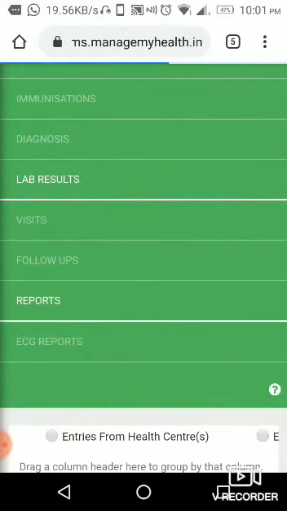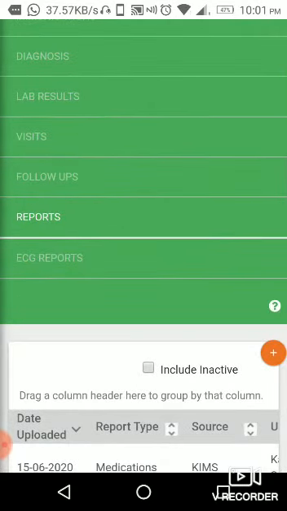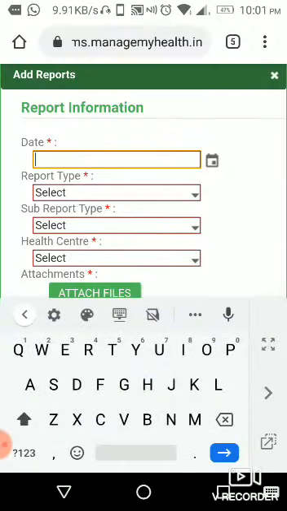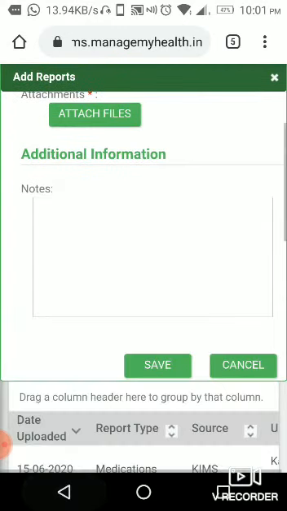Here in the report, just click on the plus sign and here you can attach. The same thing you can attach over here. So, thank you. Have a nice day. Thanks a lot.